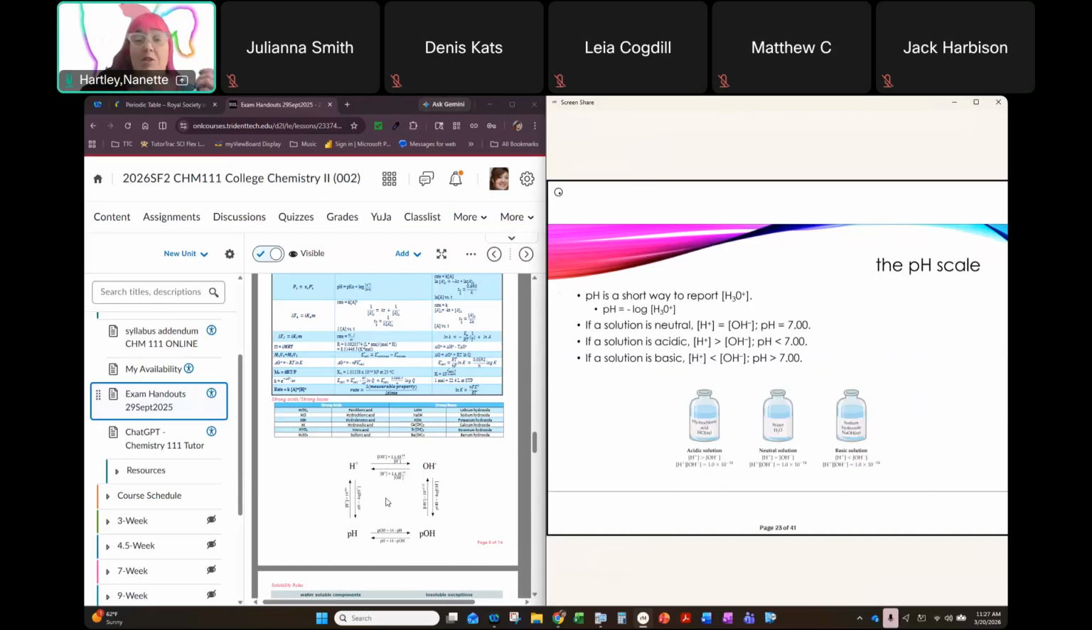And pH is a short way for us to report H3O plus, because when we're typically talking about concentrations of something times 10 to the minus 14th times 10 to the minus whatever, we don't want to have to deal with it. So we wanted a better way to deal with it. Now, if a solution is neutral and the H plus equals the OH minus, the pH is 7. If the solution is acidic, the H plus is higher than the OH minus, and the pH is less than 7. And if a solution is basic, the H plus is less than the OH minus, and the pH is greater than 7. And that's because we take that Kw expression